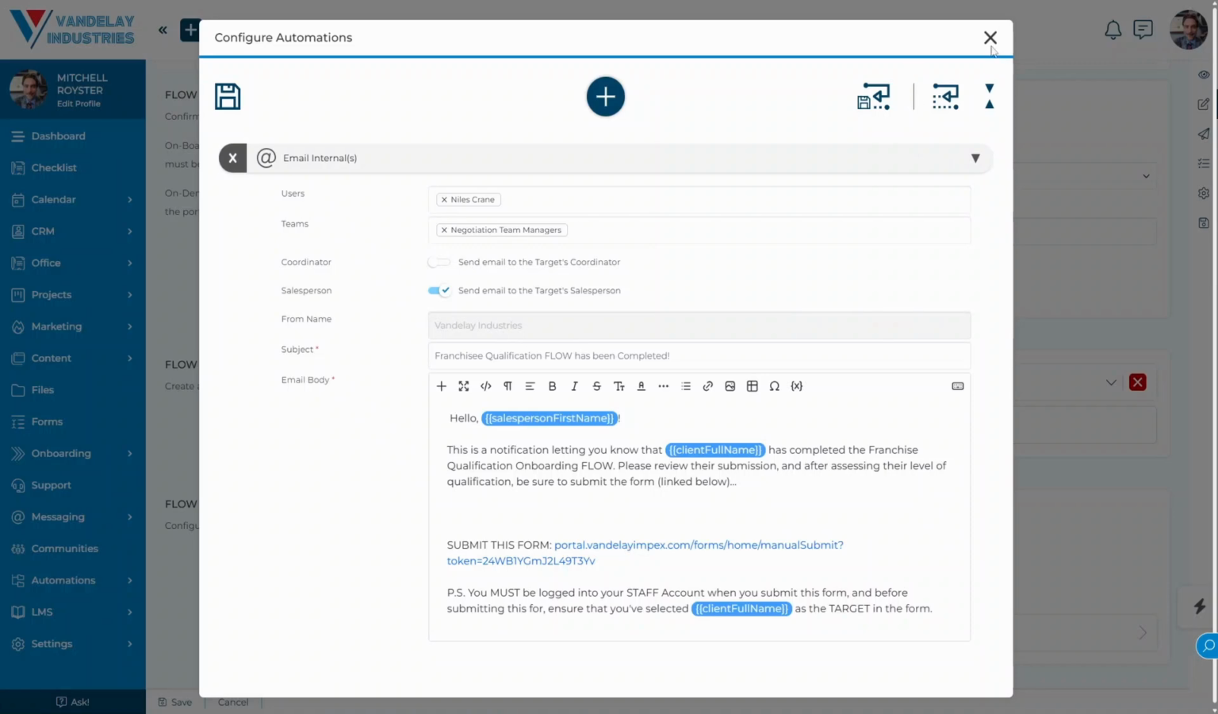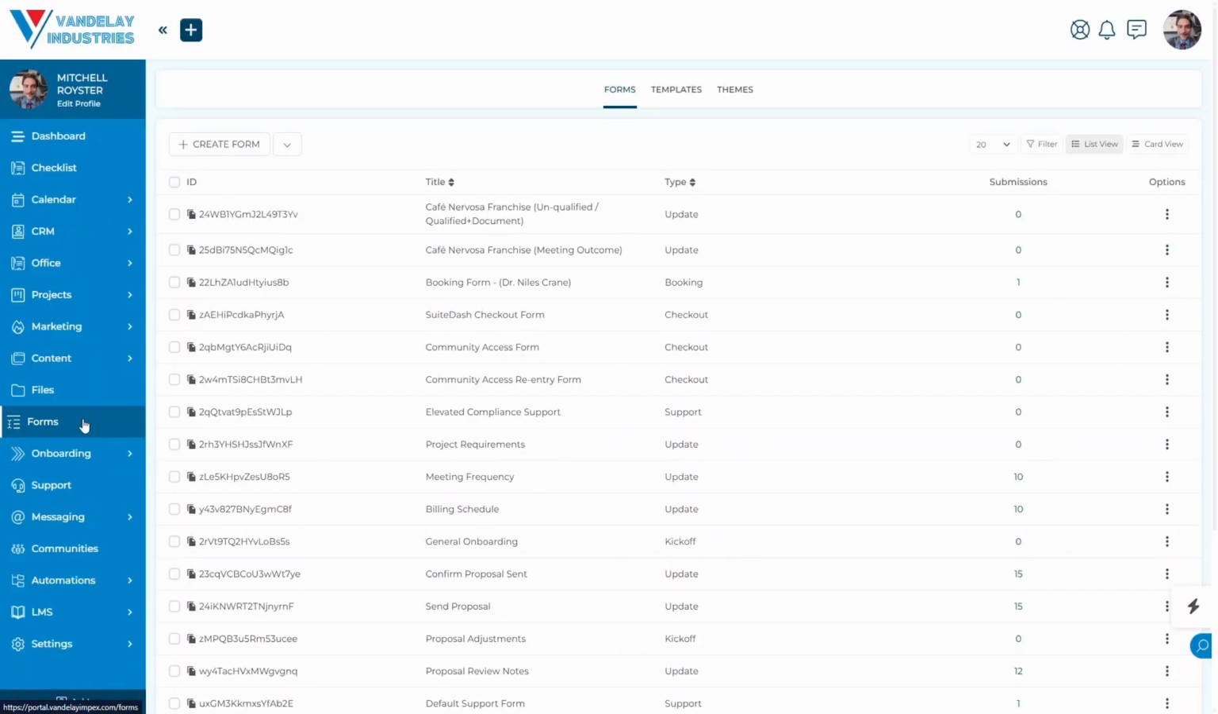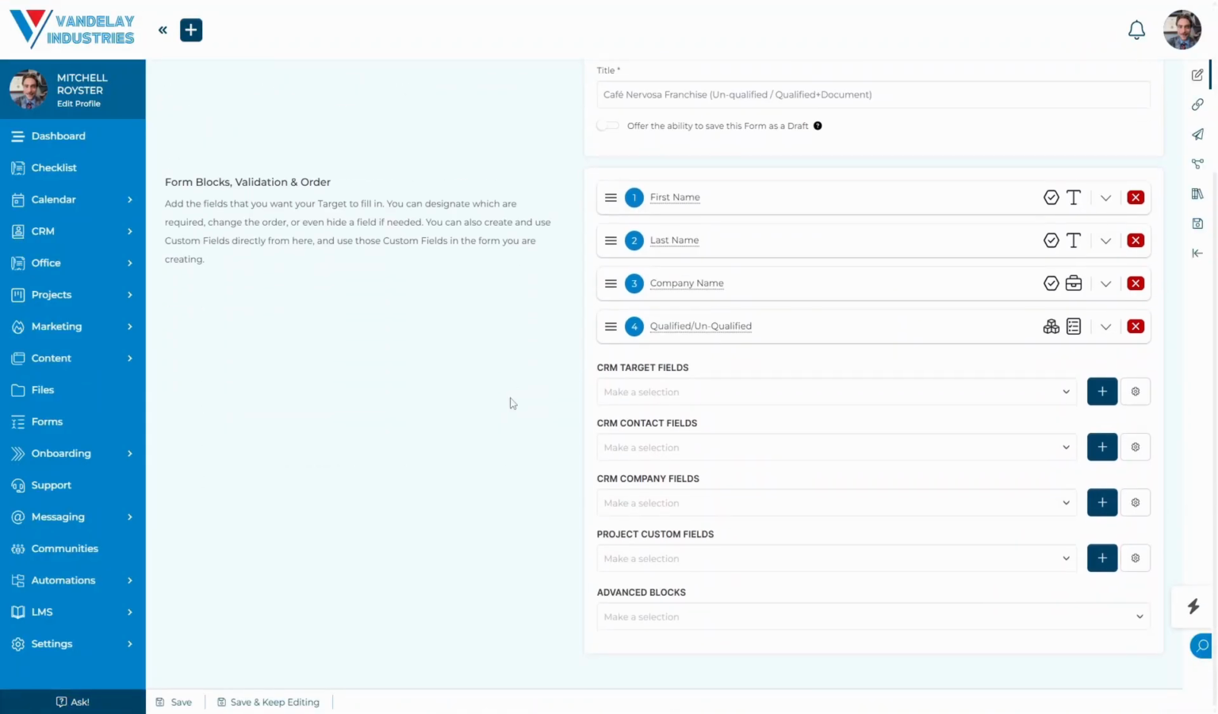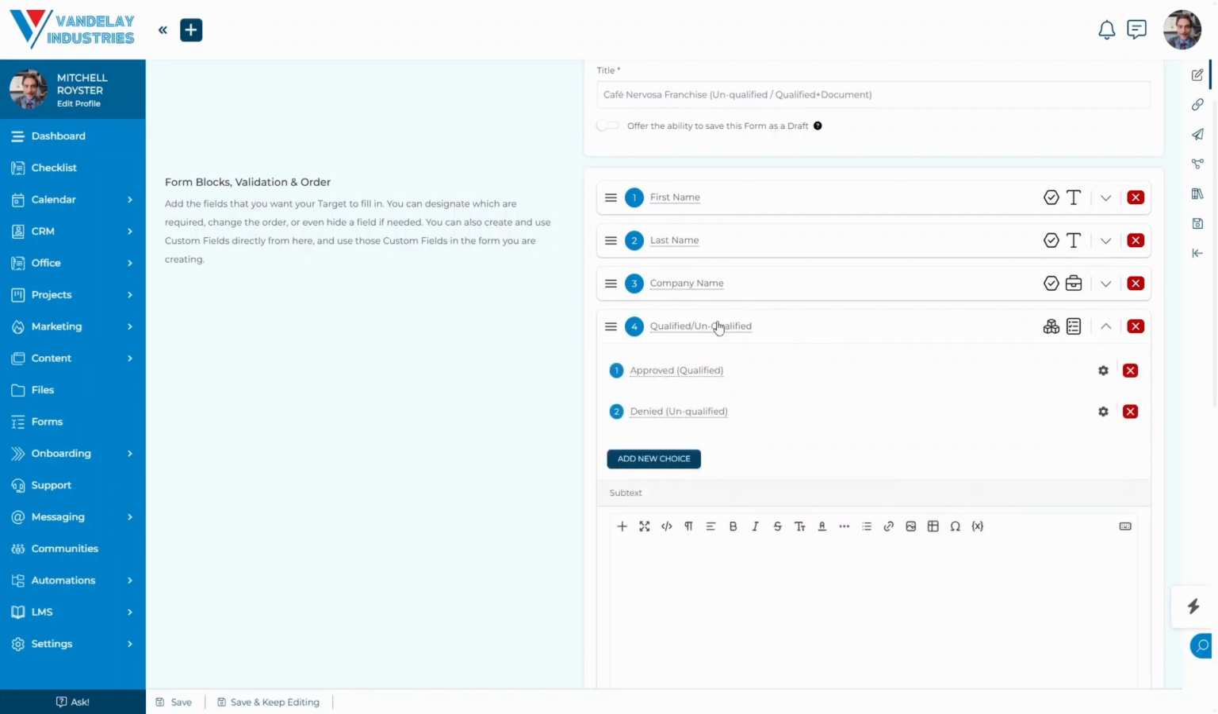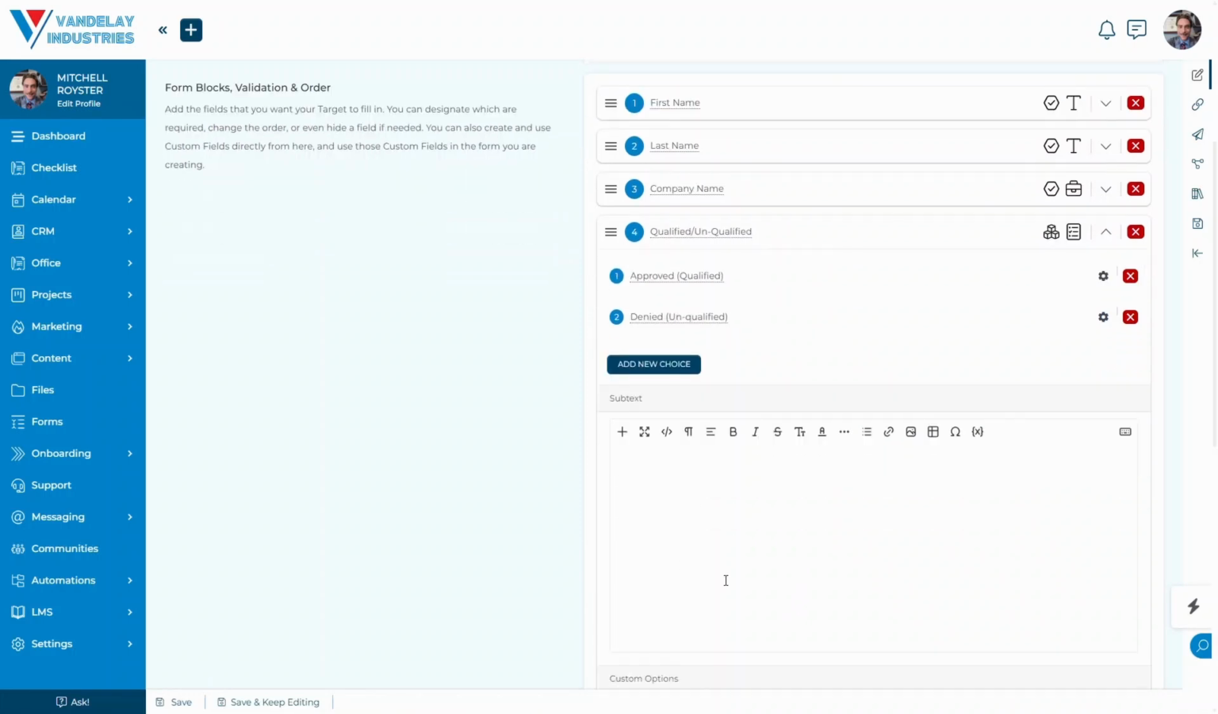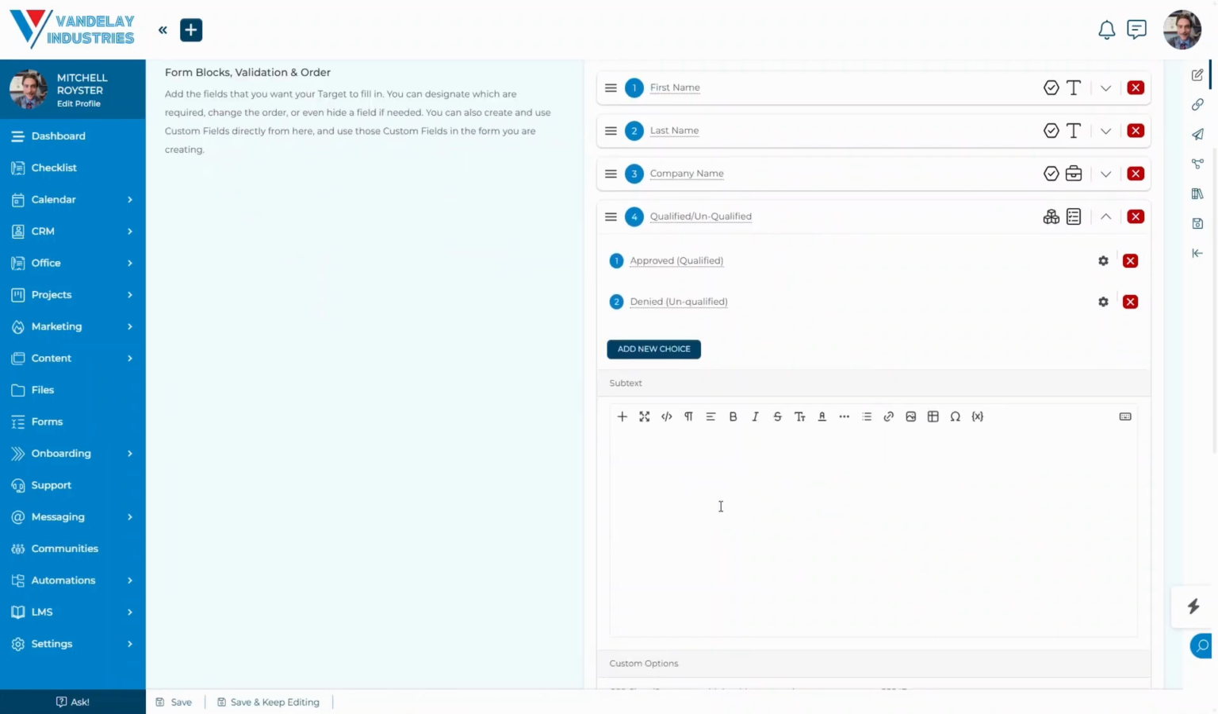We're going to head over and we'll head into this Cafe Nervosa franchise unqualified/qualified plus document update form. And we see here the same information as before, minus the notes, and we've replaced it with the company name. We still have this choice block. I don't have the information as to what will happen when one or the other choice is chosen